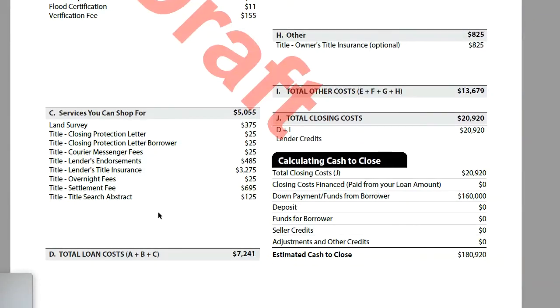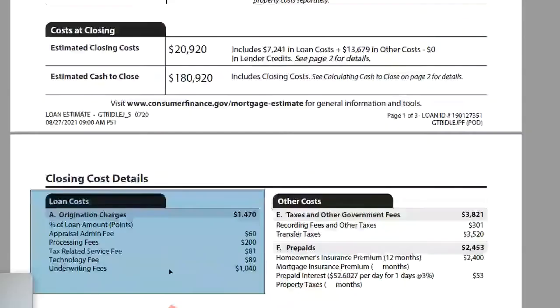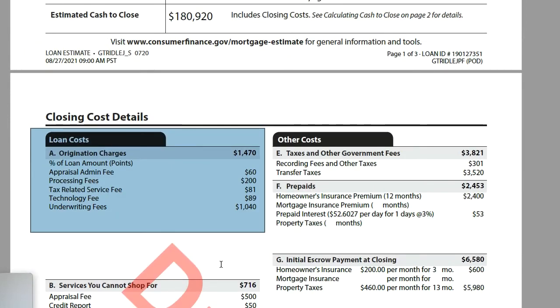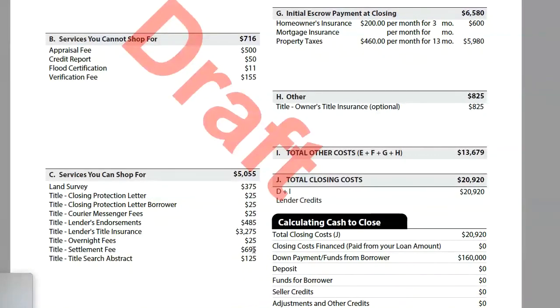And the title company, each title company is going to have their own costs for what they charge for their title insurance and what they charge for their closing fee and things like that. These are not things that the lender has any control over, but we do have to disclose them for you when we send an estimate over to you. And what a lot of lenders will do is they will underestimate these fees because they know that you're just looking at this bottom line number. So if they underestimate these fees here, they can make it look like they're cheaper than the next guy.